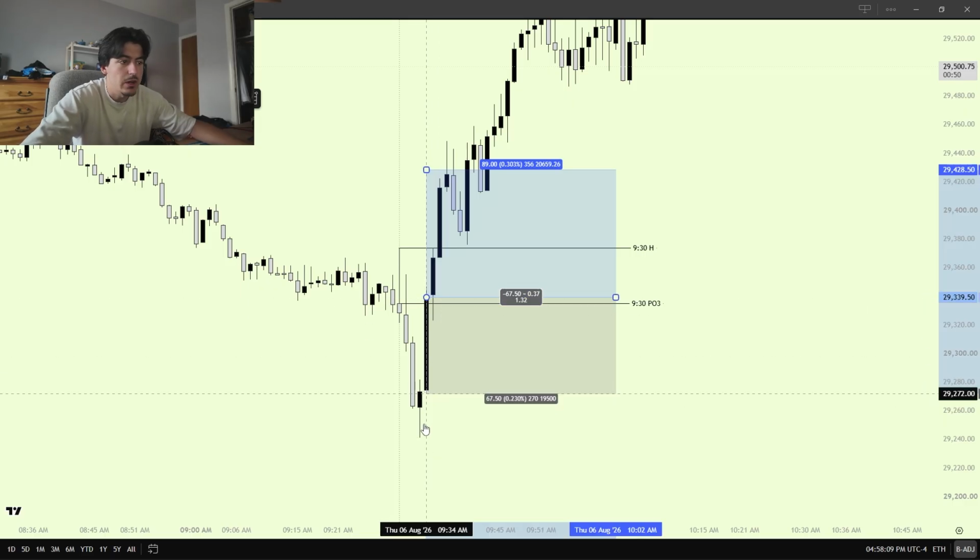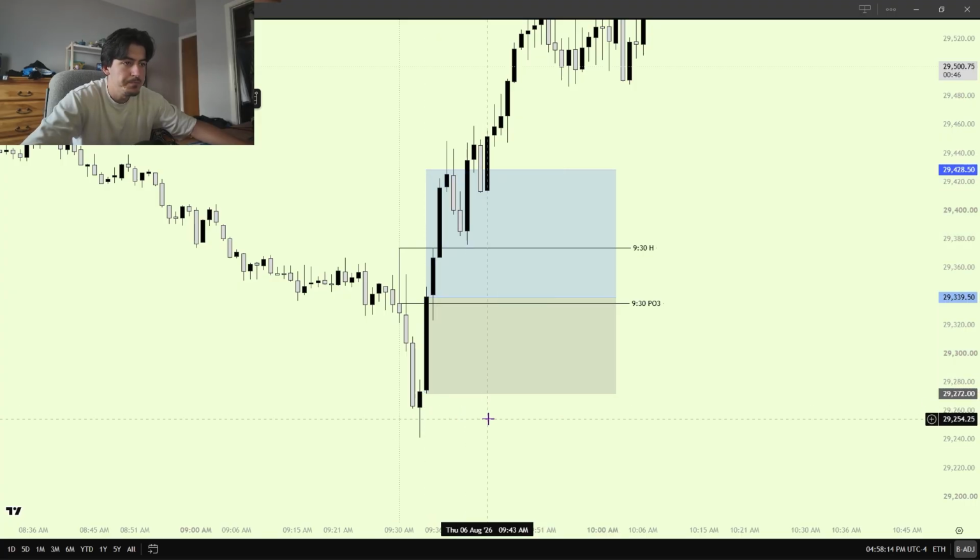Let's just talk about stop loss right now. You can put it here or at the swing low, whatever makes you feel comfortable. You are assuming that your stop loss is going to be the bottom wick of a 30-minute candle. Now, why is that important? Because if we are at the bottom wick of a 30-minute candle, we are not going to get stopped out no matter what.